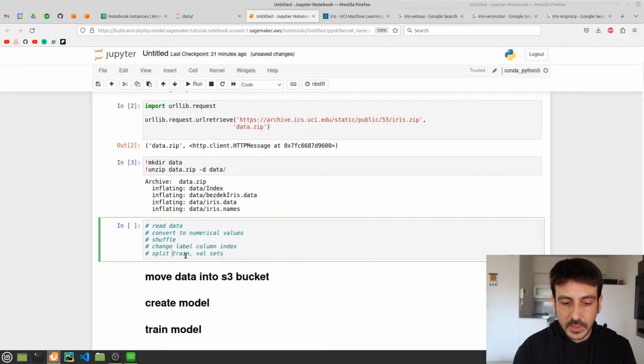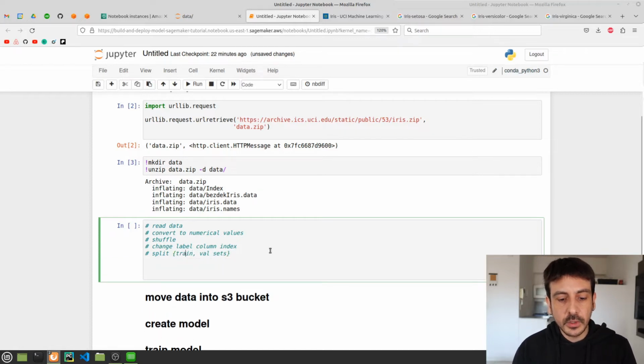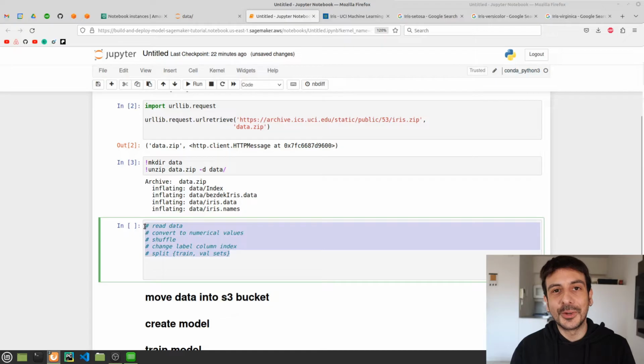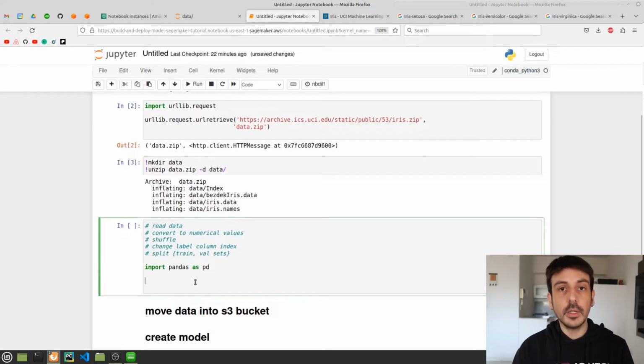Okay, so these are exactly the steps we will take. This is going to be a very straightforward process, but it's much better if we write all the steps we are going to take in this process. The first thing we need to do is to import pandas as PD. Pandas is the library we are going to use, the Python library we are going to use in order